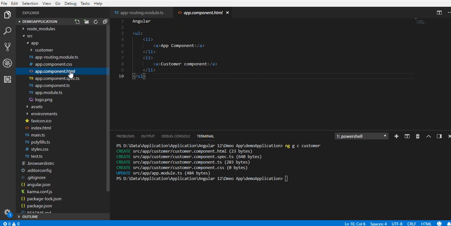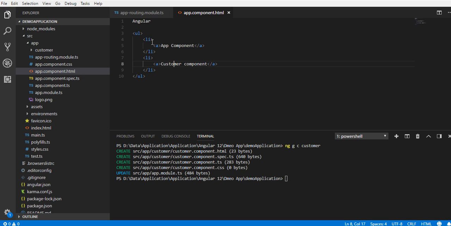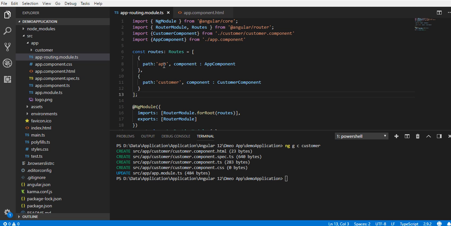So let's go back to app.component.html, where we defined the menu. As we know, an anchor tag accepts href, but in Angular the alternative to href is routerLink.